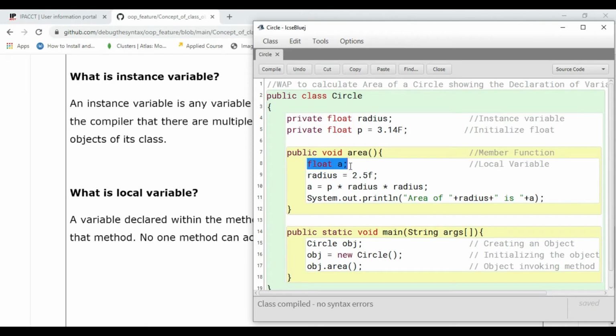See, the local variable is a variable that is defined inside a function. A local variable is such a variable which is declared within the method itself, and the method alone can access that variable. You cannot access this variable outside from this method. If the control is within this method, then only it can be accessible. I will explain this portion, but let me just define this question.